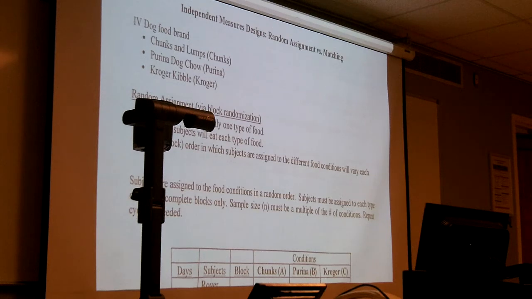Yeah, it is. And I can give you a way to check that you've come up with all the possible random orders. We have 3 conditions in this study. And if you start with that number, however many conditions you have, then you multiply it by that number minus 1,